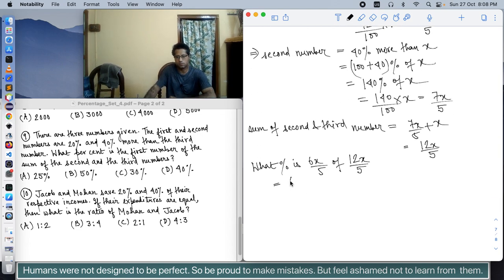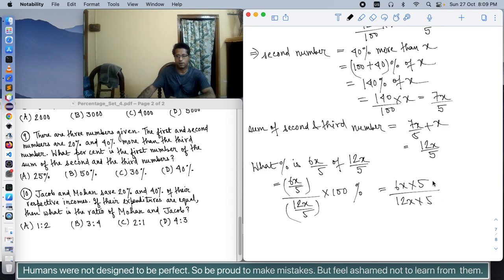This is equal to 6x by 5 divided by 12x by 5 multiplied by 100. This much percentage. If we simplify, we will have 6x multiplied by 5 divided by 12x multiplied by 5 multiplied by 100. This much percentage, and this is equal to